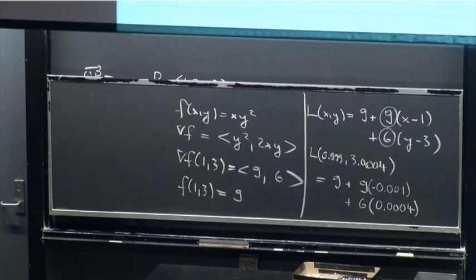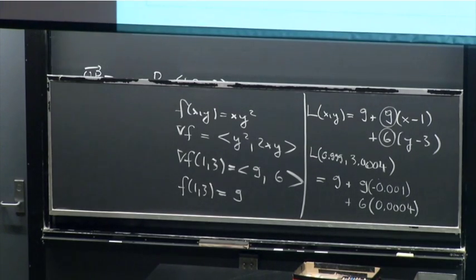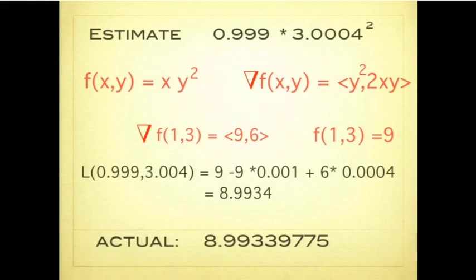So that's the thing. You can leave the expressions like that, but that's the estimation of this value without any computer. And we get pretty close to it if you look at that here. In this case, the value which we got here is 8.9934, and the real value is 8.99339. So we are very amazingly close to the real value.